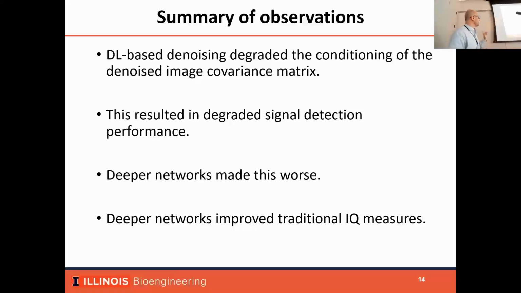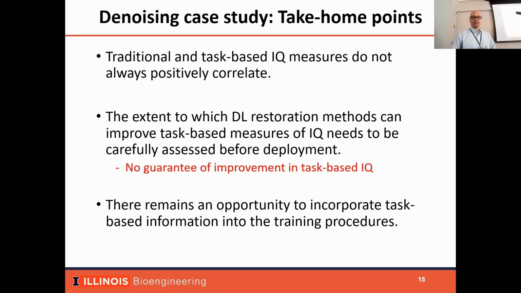Okay, so just a summary of these observations, and I probably already said this: the deep learning-based denoising operation degraded the conditioning of the covariance matrix of the denoised images. This hurt the signal detection performance. Deeper networks made this worse, but deeper networks improved the traditional measures. Okay. And so the take-home points for this first of the case studies is that, and again, this first point,